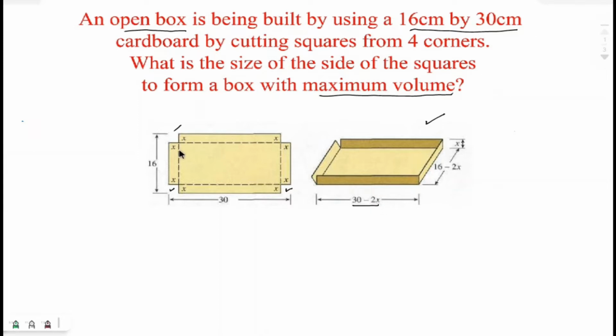In the same way, since we have removed 2 squares from the width as well, the width of the box would be now 16 minus 2x. Since the edge of each square was x, the height of this box is x. So the dimensions of this open box are